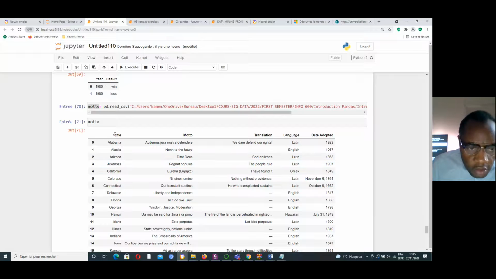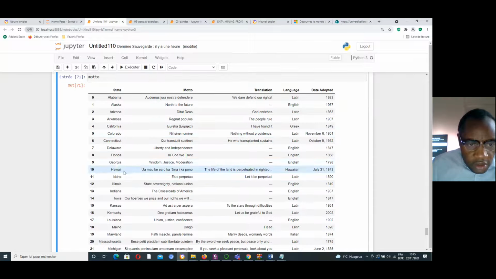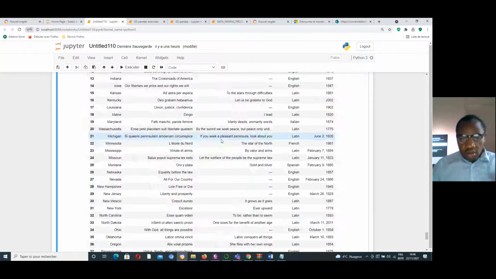The first column is state: Alabama, Alaska, Arizona, Arkansas, California, Colorado, Delaware, Florida, Georgia, Idaho, Illinois, Indiana, Iowa, Kansas, Louisiana, Maryland. Yeah, good.